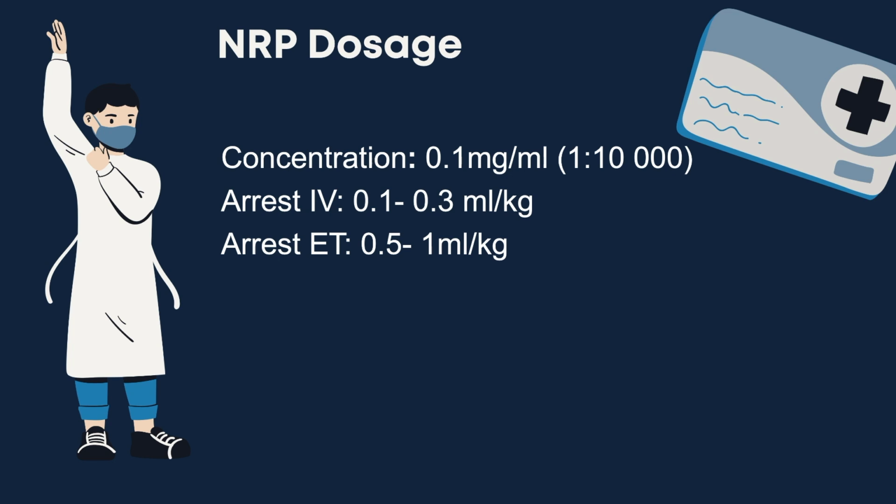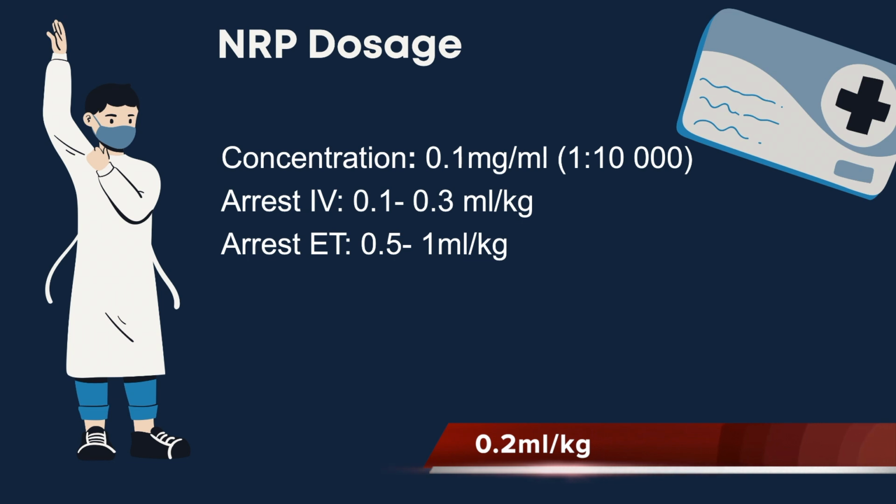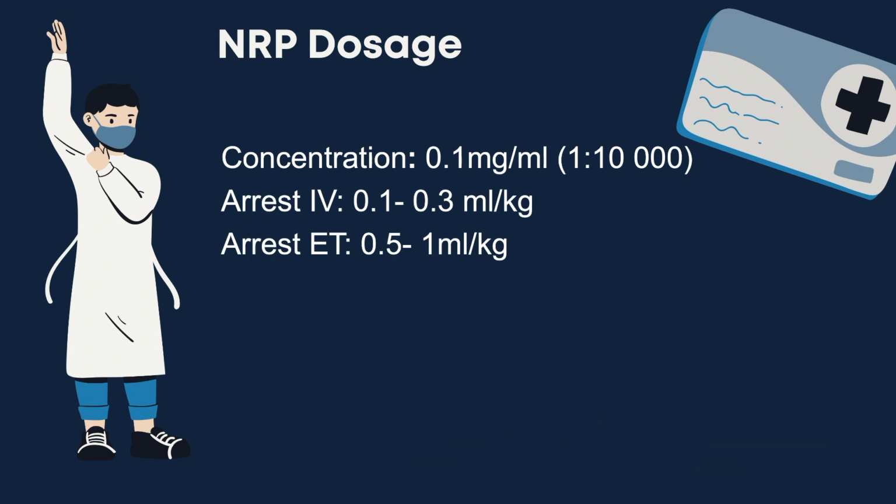For neonatal resuscitation, we will use the 0.1 milligrams per ml concentration or 1 in 10,000. For the IV dose, we will use 0.1 to 0.3 mls per kilogram as per the American Academy of Pediatrics, but can use 0.2 mls per kilogram for educational efficiency. For the ET dose, we will use 0.5 to 1 ml per kilogram, but can use 1 ml per kilogram